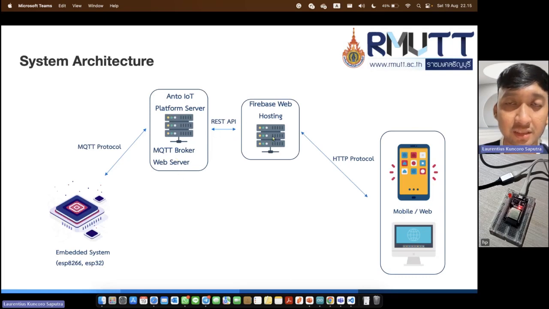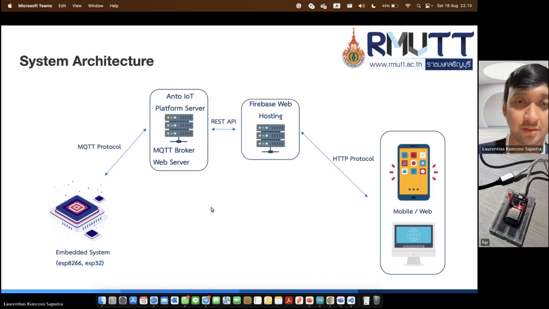The third key component is Firebase web hosting. We will make a code for a web application, and that code we will host on the Firebase environment. And the last is a mobile or web application that we can open the website from a mobile phone, personal computer, or smartphone.